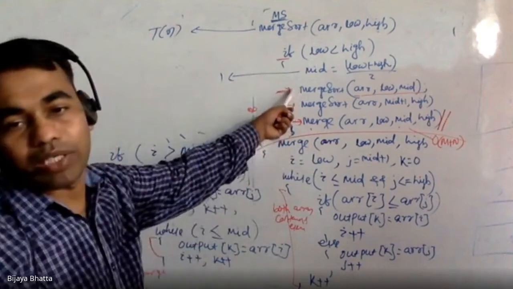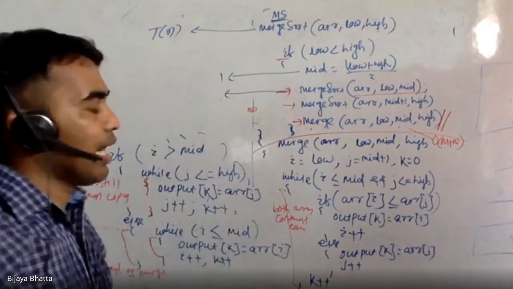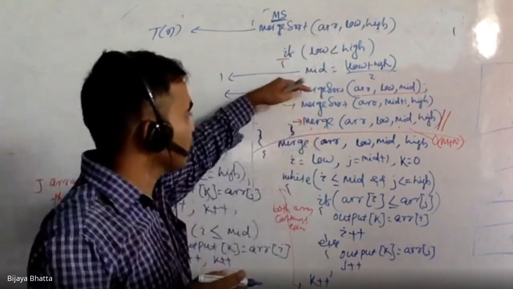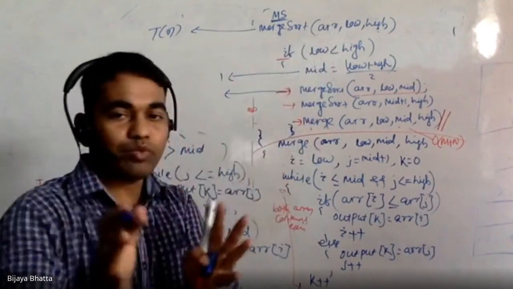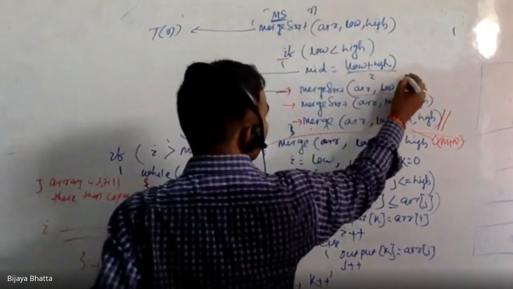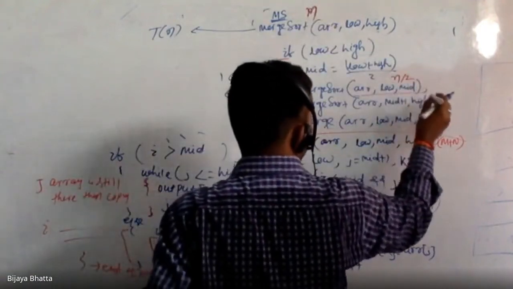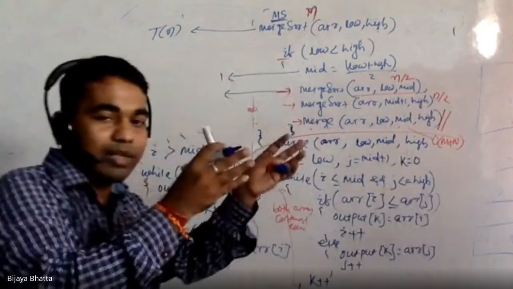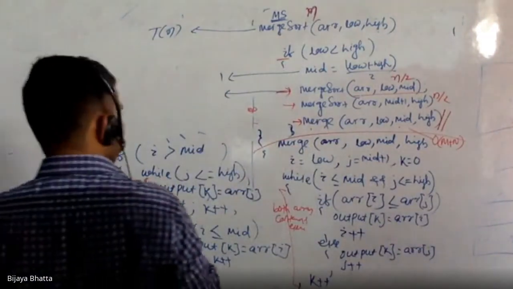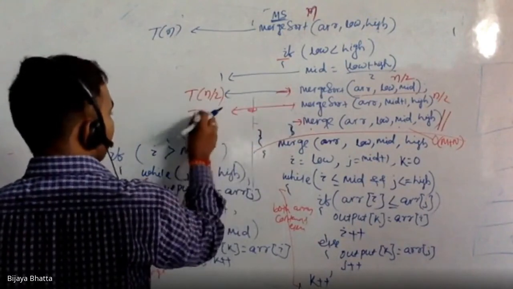But what is this one doing? This one is doing half of the work. Suppose the given array is of size n, so this is going to do half of the work of merge sort, and this is going to do the other half. If the input size is n, that means n elements are present, this is going to be n by 2, and this is going to be n by 2, because one is applied for the left part and one for the right part. So the time complexity of this one is going to be T of n by 2.